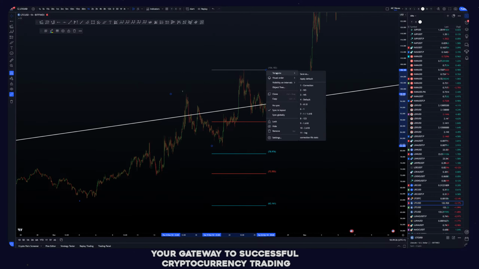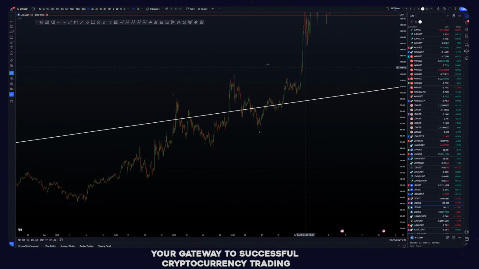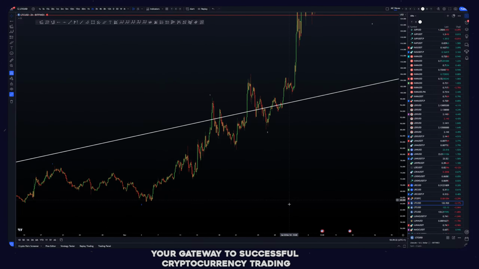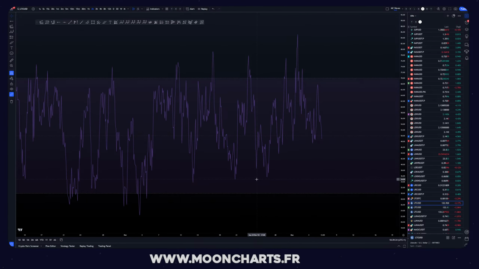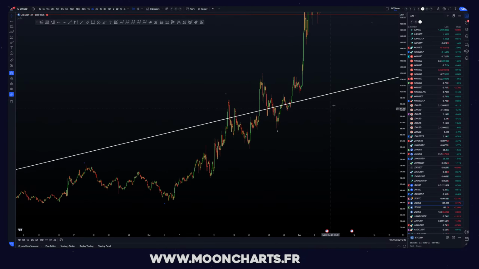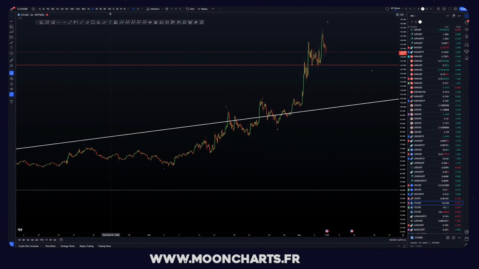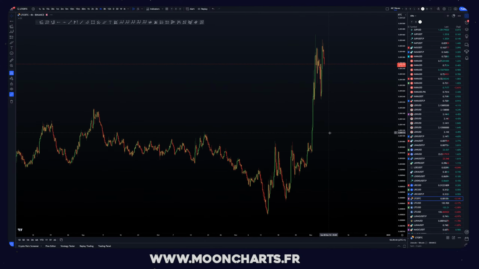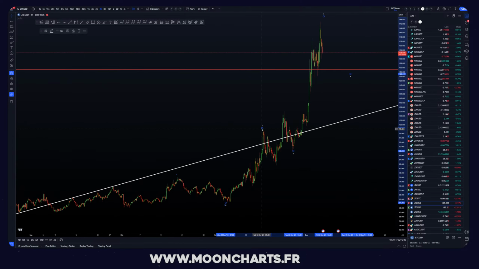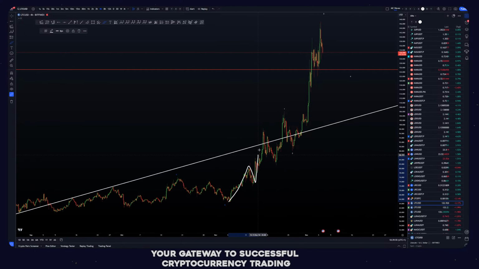Yeah, this is not very easy. I'm going to switch to this and take an expanding leading diagonal here. 1, 2, 3, 4, 5.